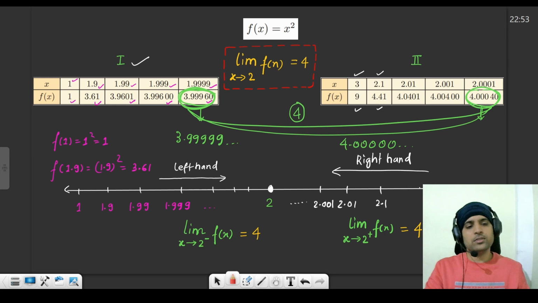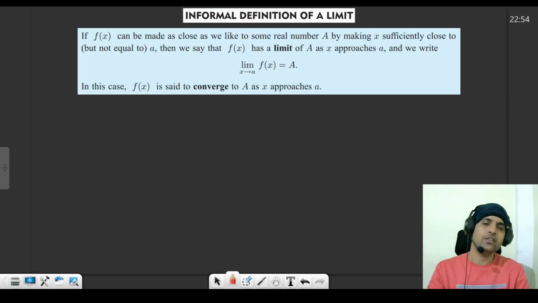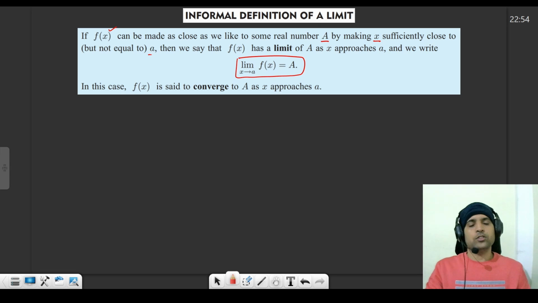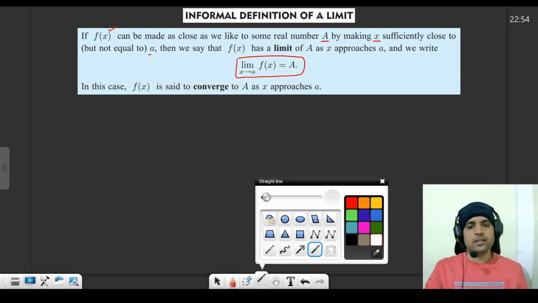So let's talk about the informal definition of a limit. It is that if f of x can be made as close as we like to some real number a by making x sufficiently close but not equal to a, then we say that f of x has a limit of a as x approaches small a. Okay, and we can write it like this. So what does it mean? It basically means, let me tell you,